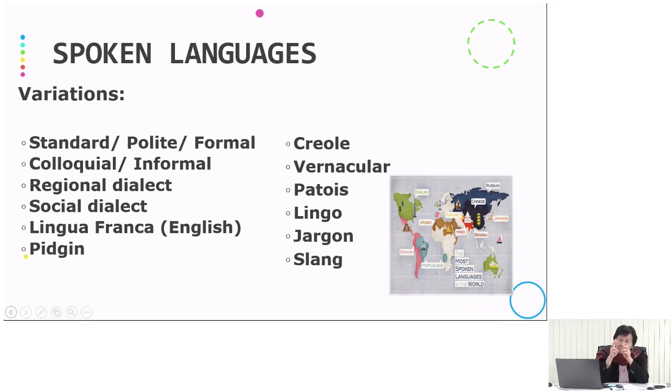Okay? There are two words that I'm sure you never know the meaning of. So I would like you to answer what "patois" and "lingo" mean. Okay? They are two other variations of spoken form, and I would like to learn about this. Please give the answer